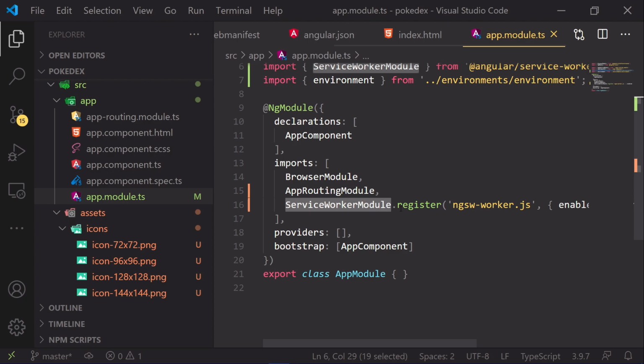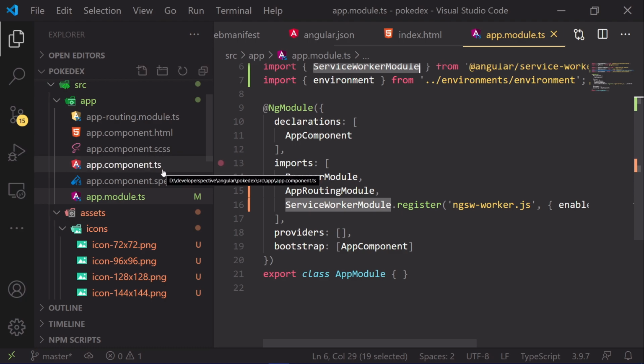So what we will do now is build this application again and run Chrome's Lighthouse feature. To do that, we need to do an ng build again and then start the HTTP server.